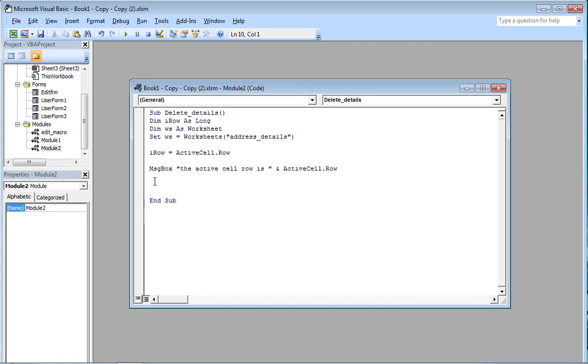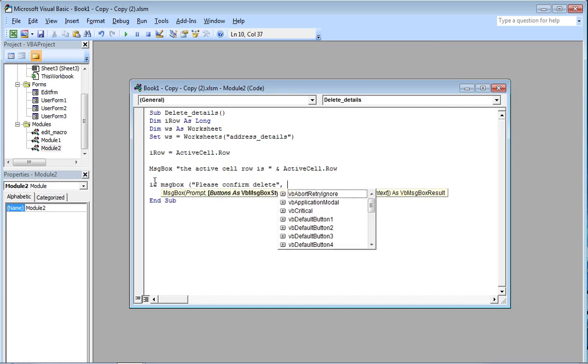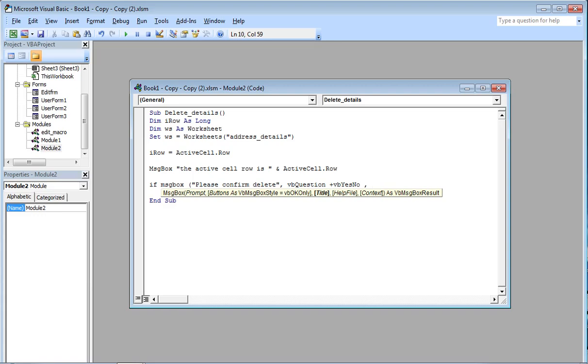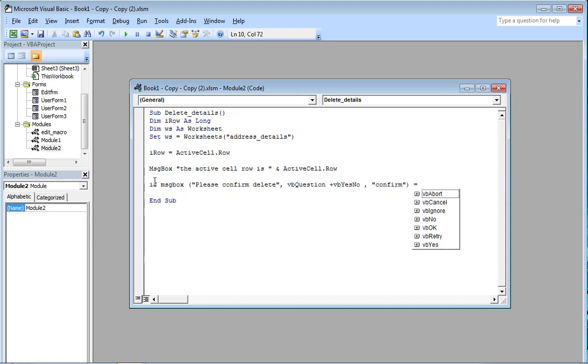So I'm going to put a message box, so If MsgBox, and then I'll put in, let's have a look, "please confirm delete", and then I need to put the vbQuestion command in. vbQuestion, plus vbYesNo, and then comma, and we'll put in "confirm", close the brackets, equals, and we need vbYes, then